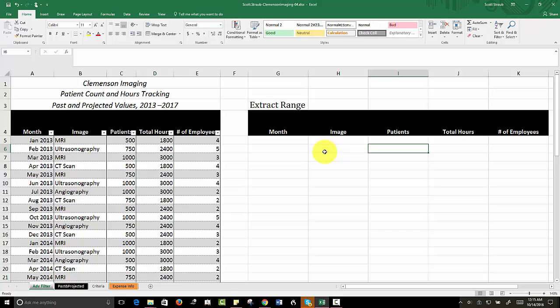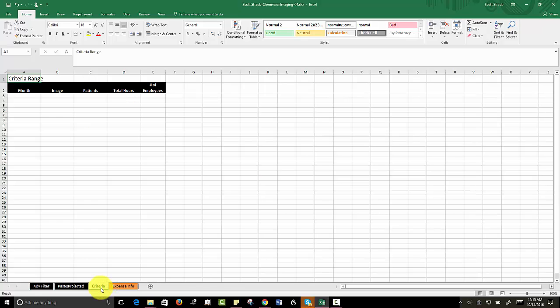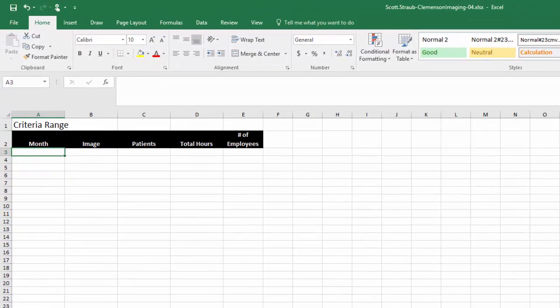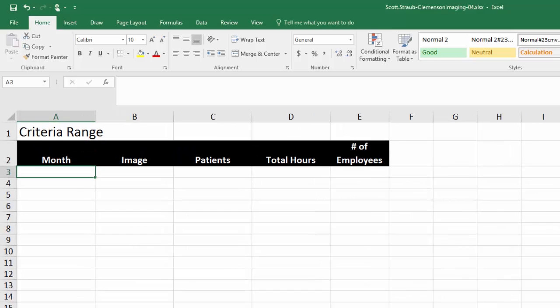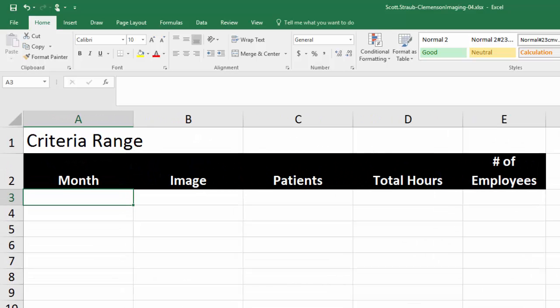Step 6, create an advanced filter. Click the Criteria tab. Here we go, and I'm crossing off each item as I complete it. We need to select cell A3. Let me make this a little bit bigger for you. And we need to type in exactly what we see on the screen, which is the greater than sign, 12, 31,